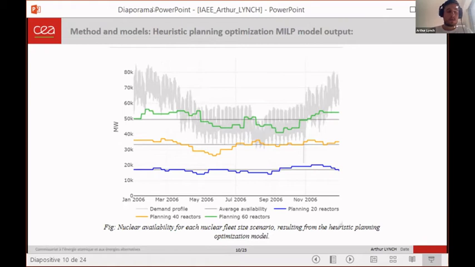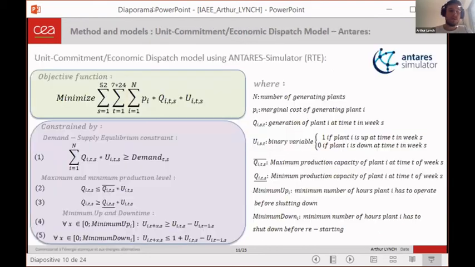The second result that we can get from this graph is that nuclear planning optimization seems to be of primary importance as the number of reactors in the capacity mix increases. We have a higher difference between high demand period and low demand period in the 60 reactor case than in the 20 reactor case. So once we have our heuristic nuclear planning, what we need to do is to simulate